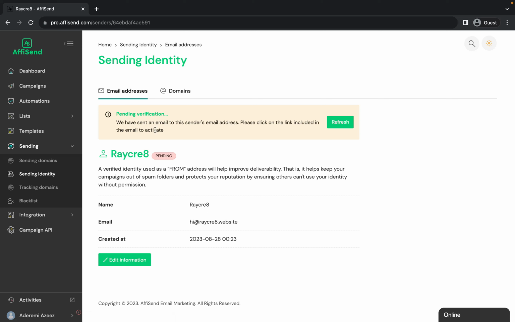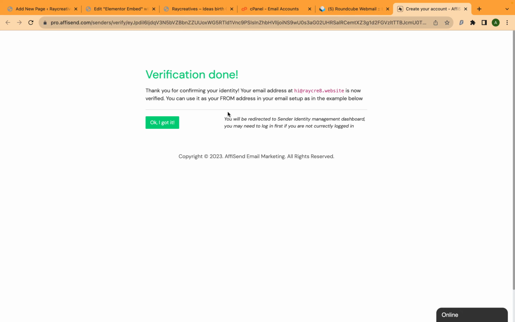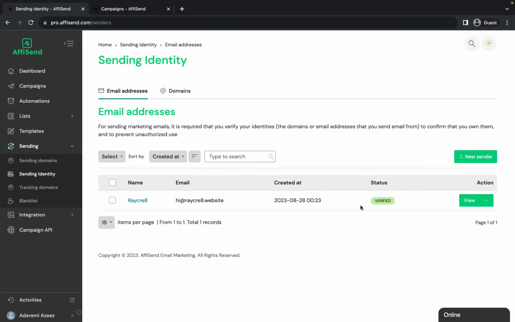So I'll be sent an activation email that I'll need to verify my sending email address to know if I'm the owner. I've verified my sending identity. You can see the status has changed to verified. So now I have my sending identity and my sending domain verified. I'm now able to send